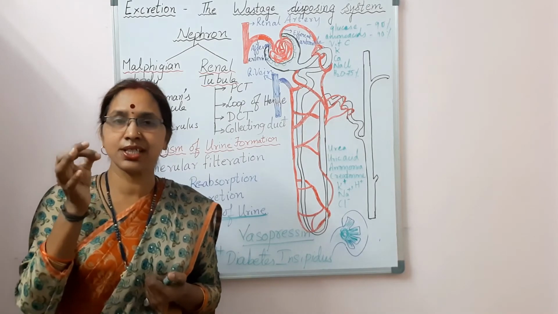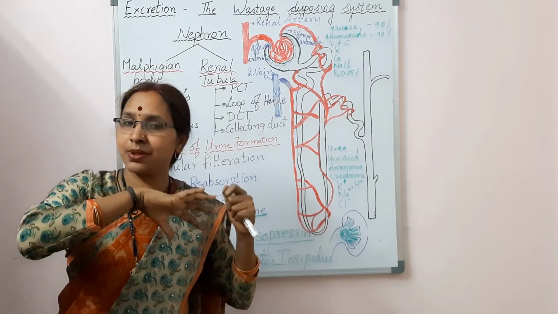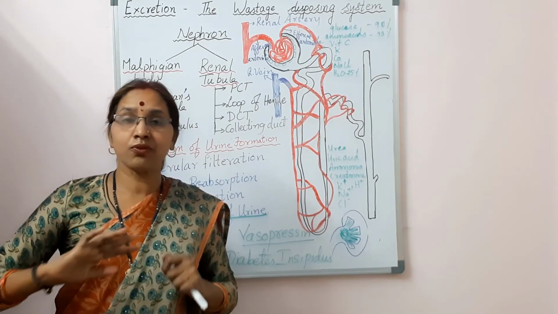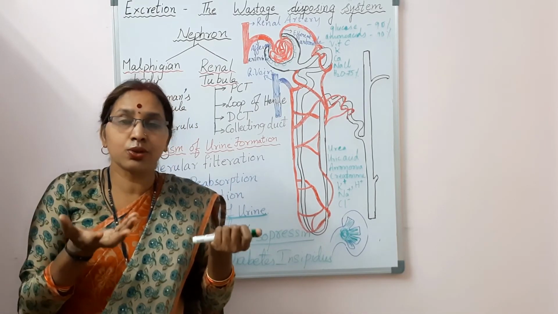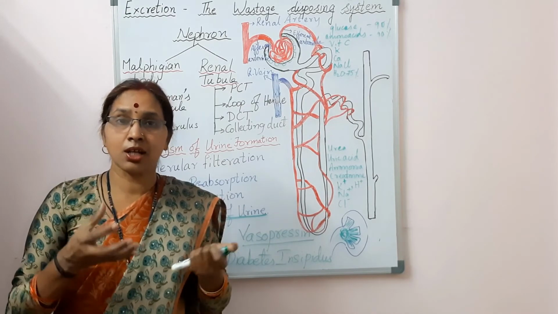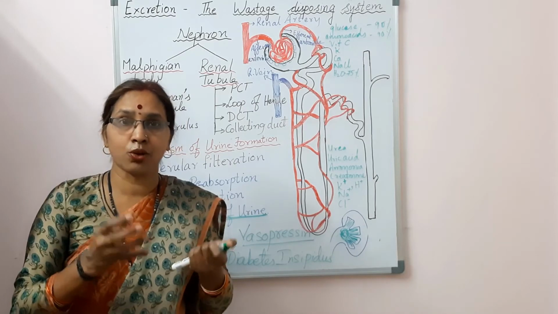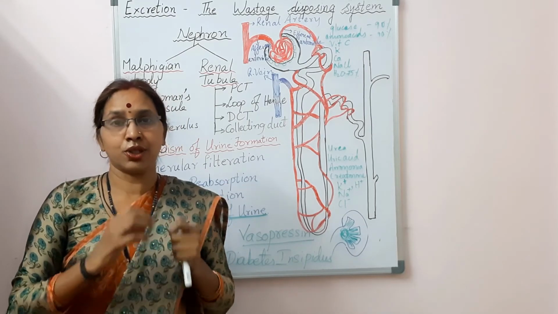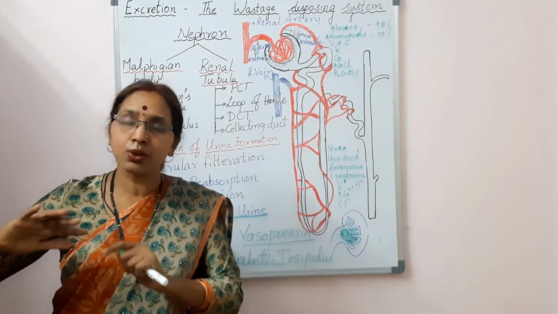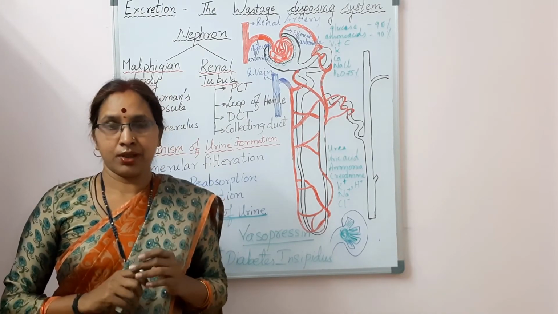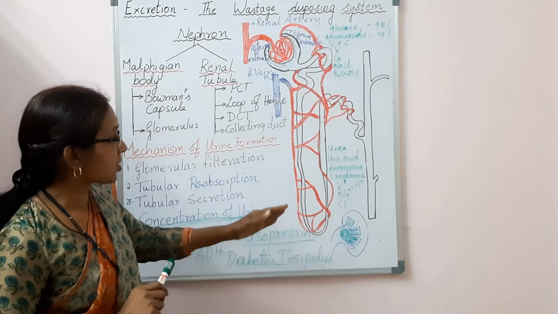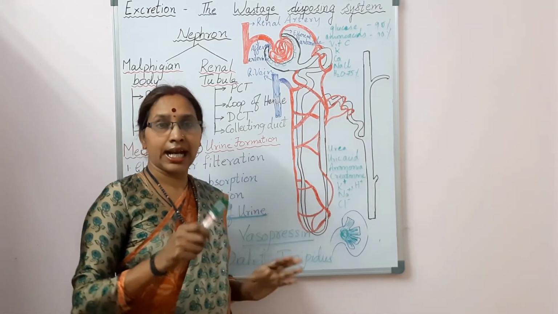This is a condition known as diabetes insipidus, where the person will lose nearly 15 liters of urine from his body, because of the lack of this hormone known as vasopressin. So this vasopressin hormone plays a very important role in concentration of the urine. So we lose only 1 to 2 liters of urine per day. We don't lose much water from our body. So this concentration of urine takes place in the collecting duct.